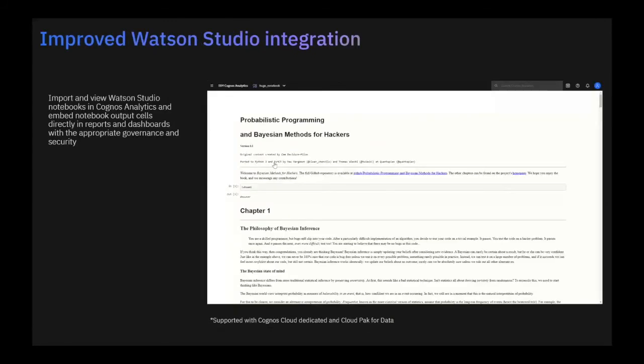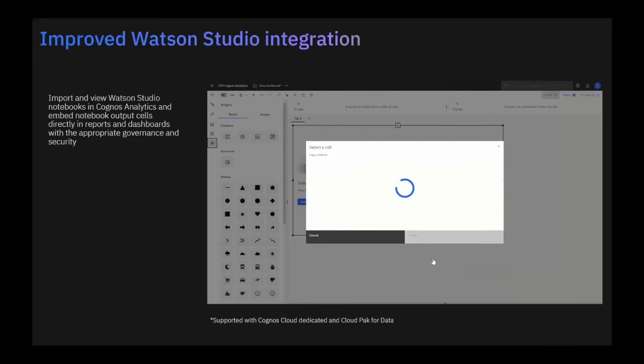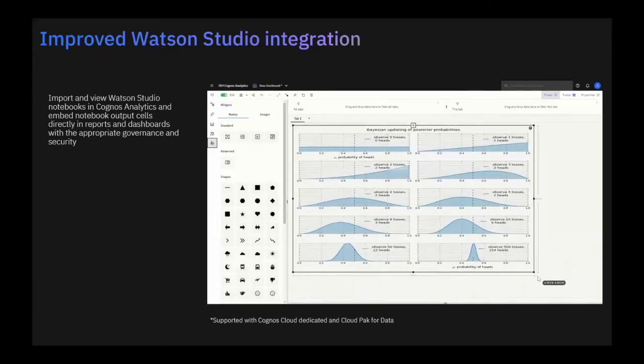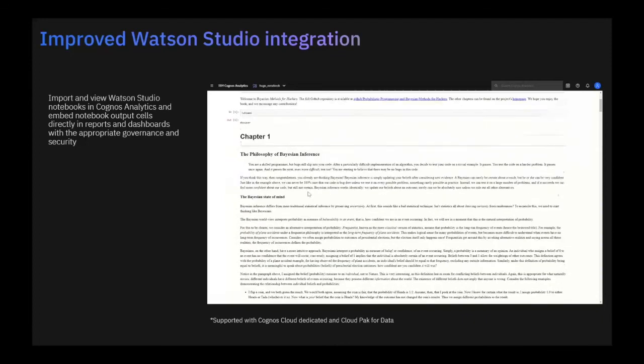We have also improved our Watson Studio integrations. In the previous versions, we supported Watson Studio connecting to Cognos data, augmenting it in Watson Studio, and saving that augmented data directly back into Cognos. Through our Jupyter Notebook integration, which has been out for many releases, we allow you to not only use Jupyter Notebook to augment Cognos data and save it back, but also bring an output cell into a Cognos report or dashboard